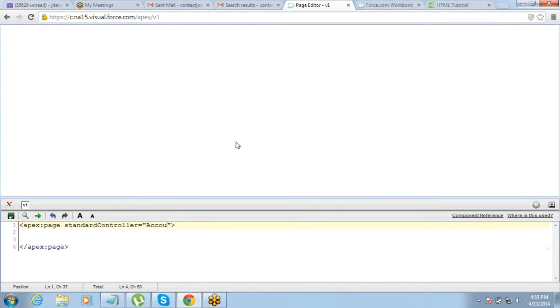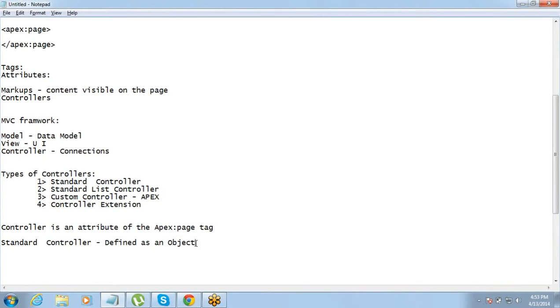Equals account. Now this page can be used for displaying data from the account object. Okay, and we cannot use this page for displaying data from some other object. How do we display data? It's very simple.